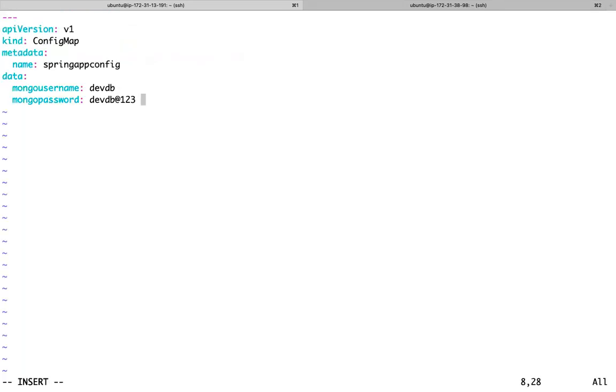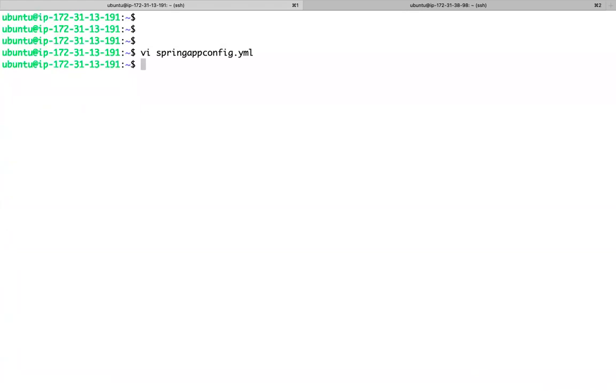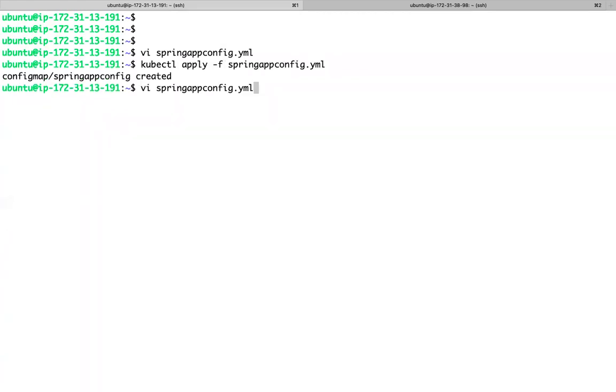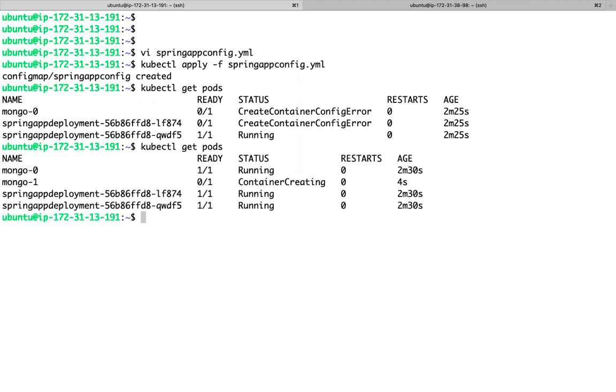Config map, this is standards, right? Let me create a config map. Let me apply this. Now I have a config map. Now, are our pods going to be scheduled now? Do you see? Are our pods getting created, once I have a config map ready?